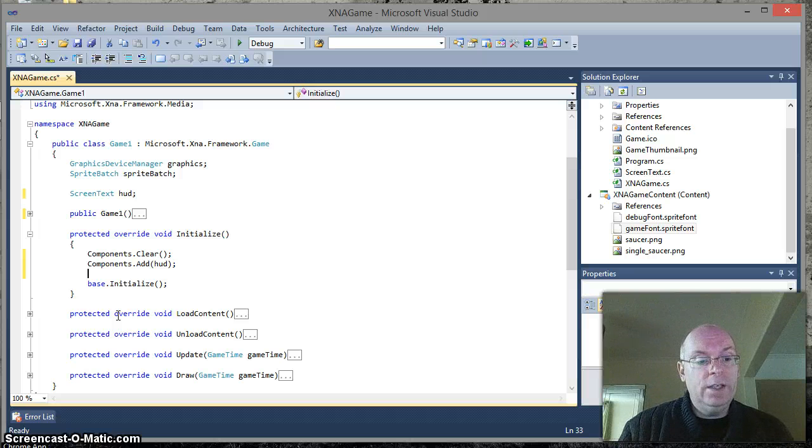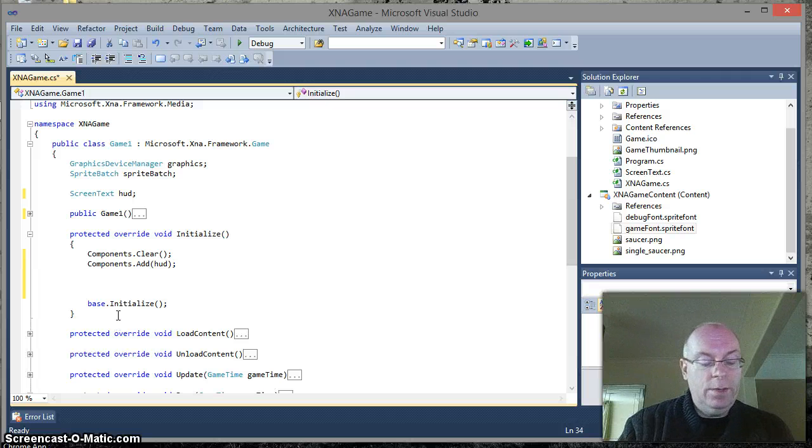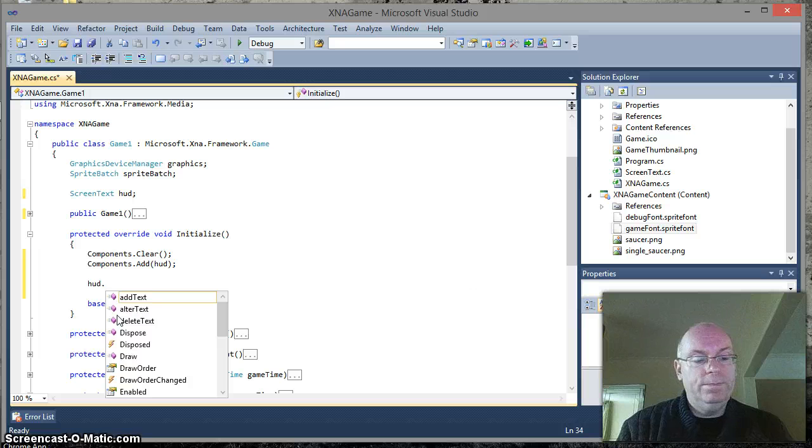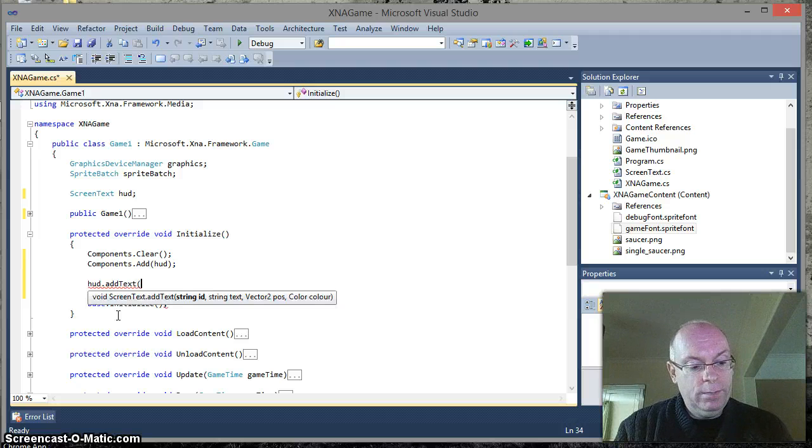So what you'll find is there are a set of methods relating to HUD. If you type in HUD.addText, what we do is we first of all give the text an ID as a string. So let's say title. So this one's going to be referred to as title. And then the text we actually want to display on the screen